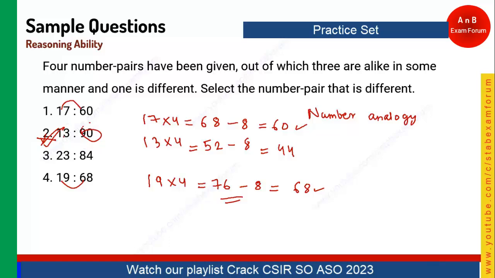But if you go with 13, it is becoming a huge number, 90, so this is the odd man out. So option 2 is the correct answer. This is a guess trick, and it is only applicable if there is a direct relation. Okay, let's see the next question,